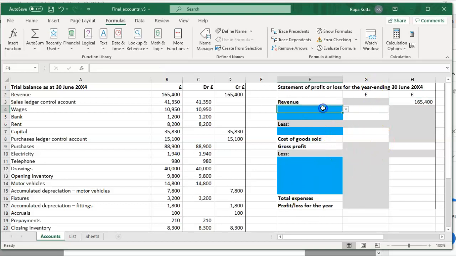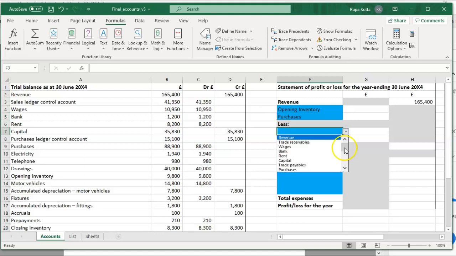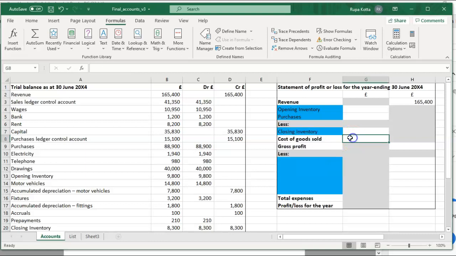Before we continue picking up the values for the others, let's select the headings, because without the headings these functions will not work. Usually after the revenue you will get opening stock or opening inventory. To that you add purchases, and from that you subtract closing inventory, which will give you the cost of goods sold. Here they said you can put a formula, which is opening inventory plus purchases minus closing inventory. As of now it can't calculate anything because the cells are empty.